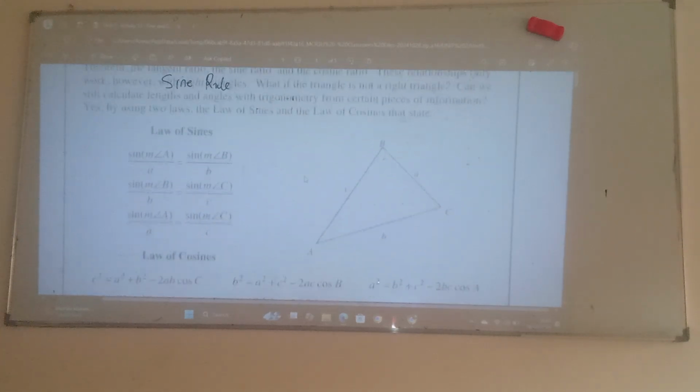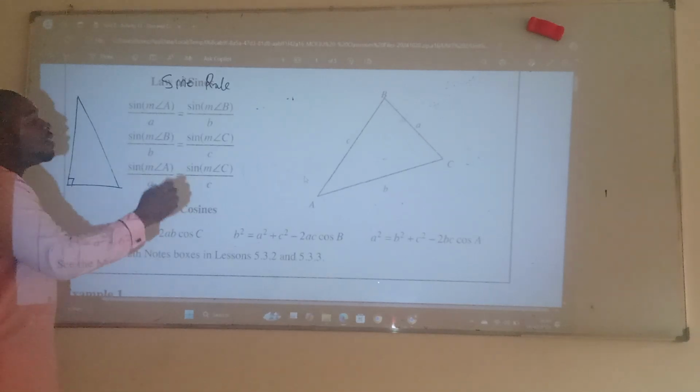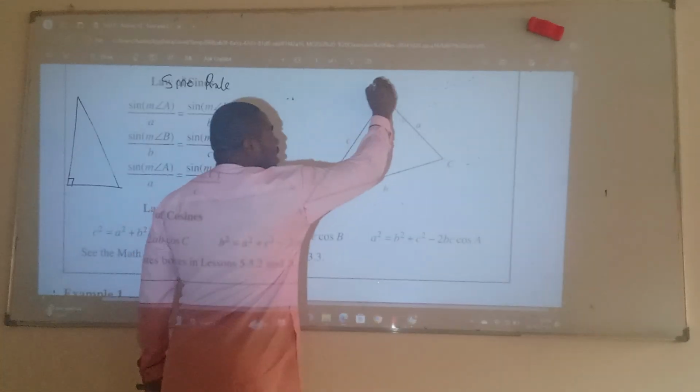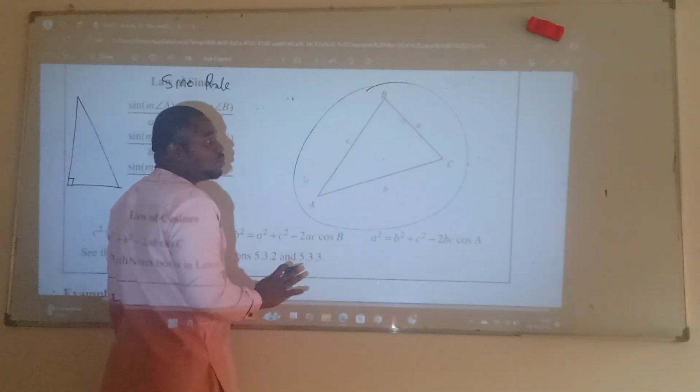Now, what you're expected to understand is that when we're dealing with angles that are not right angles, one of the angles used to be 90 when we were talking about right angles. Is that also? Yes. Then, if you now have a triangle that is not a right angle triangle, which means